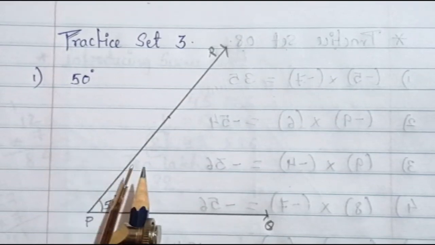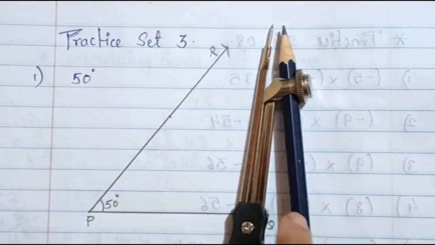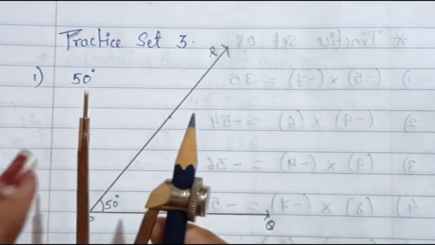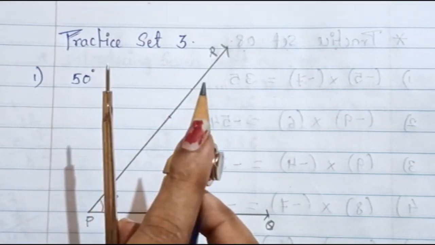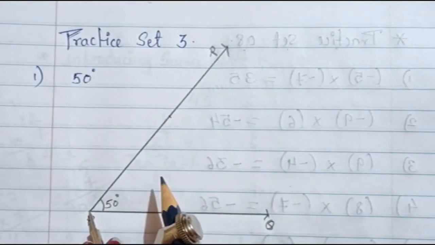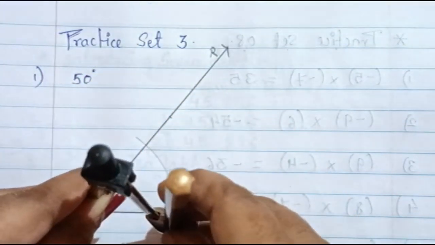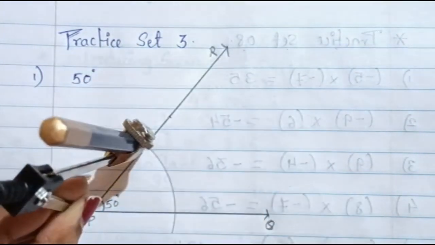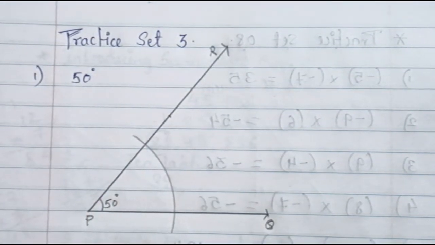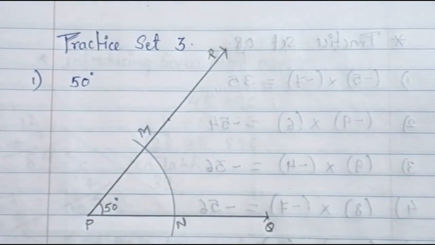So to draw an angle bisector, very first step is that you have to make use of a compass. आपको क्या use करना है? Compass use करनी है. ठीक है? So you will take a compass. This is the point of the compass and this is the point of your pencil. So you will place this point over here, on P, and then you will draw the arc. See, you have to draw an arc like this. Okay, and I'll name it as M and N. These are the two names I have given.